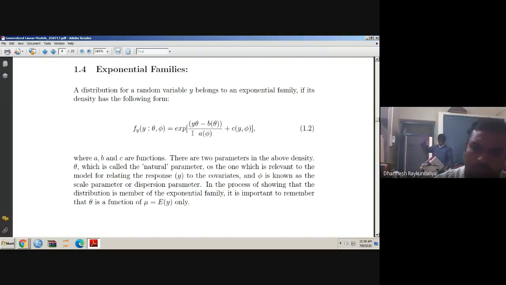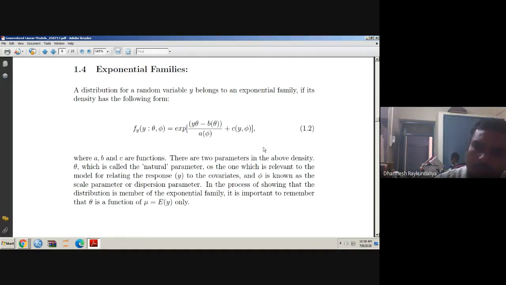And in this entire study, we always try to know the value of theta as well as b(theta) and the form of phi and a(phi). Here theta is a natural parameter, but it is useful to link the response to the predictors. So the expected response is linked to the predictor. So theta is a function of the expected response. That is, theta is a function of mu.